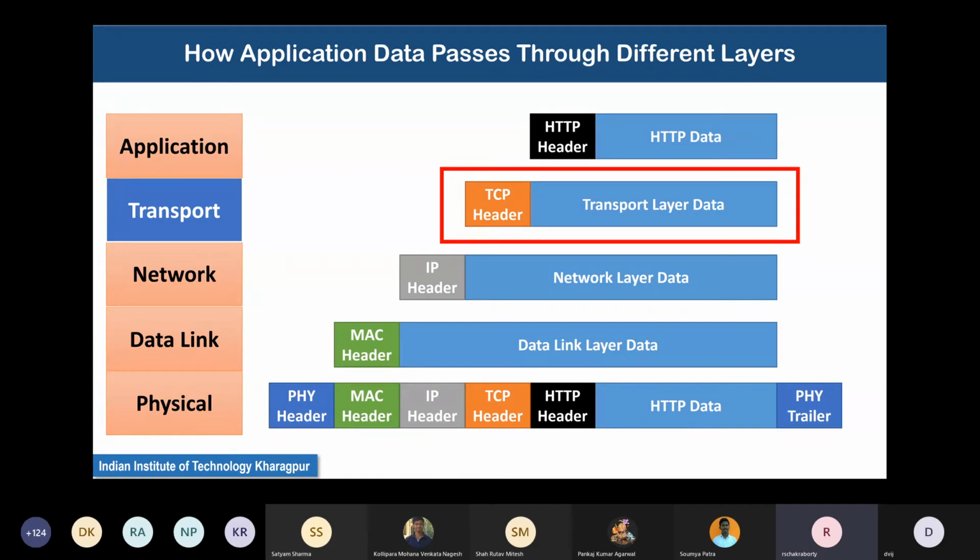There are certain option fields which need not always be filled up. There can be blank option fields and still it will work. Now it depends on the particular protocol.